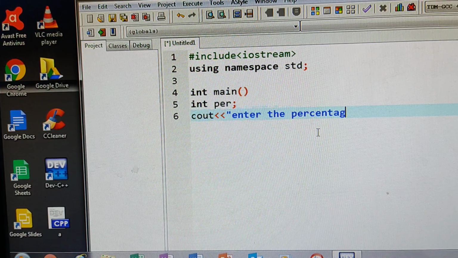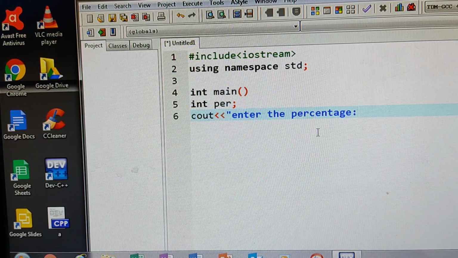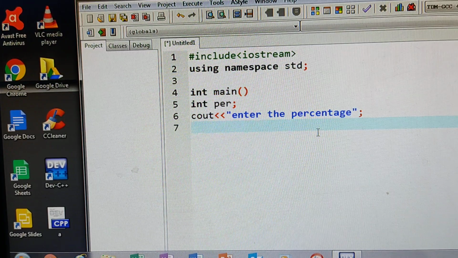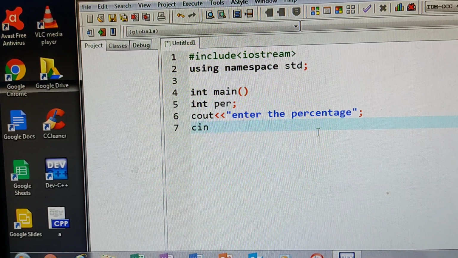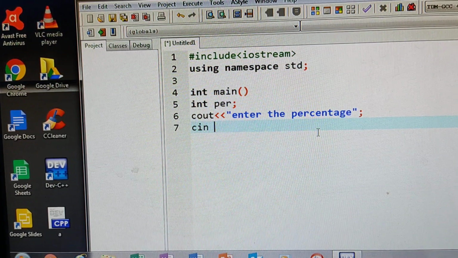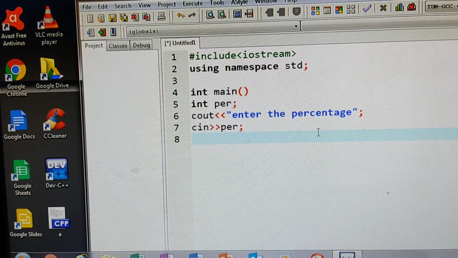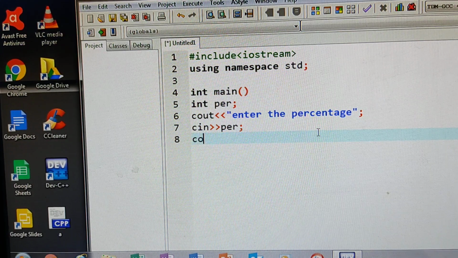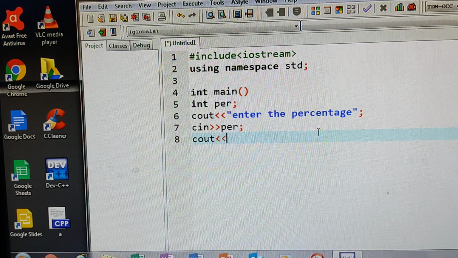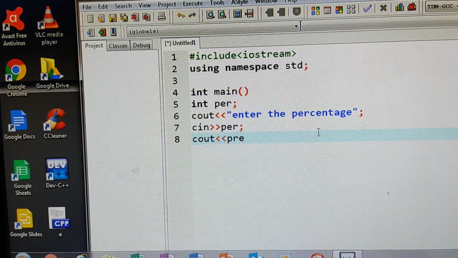The user will enter the percentage and we will give the grade. Now, cin, right shift, PR. Here PR is nothing but the percentage variable. After that, I am printing it: cout, PR, semicolon.